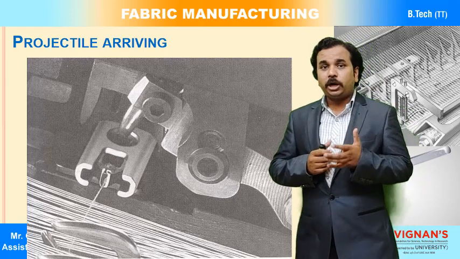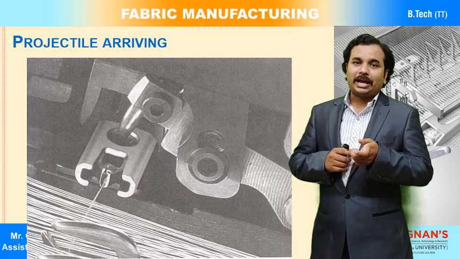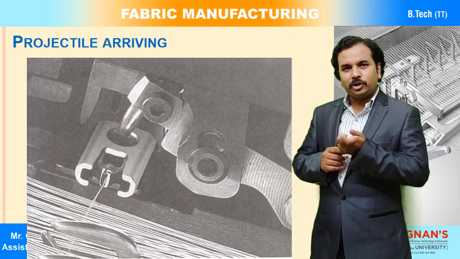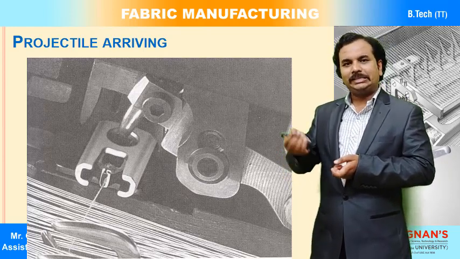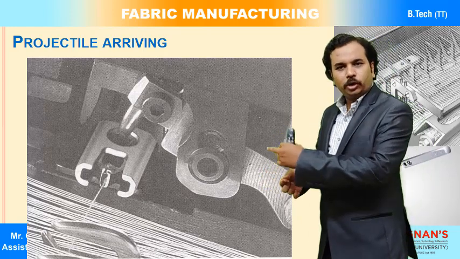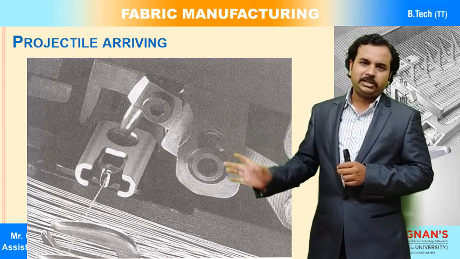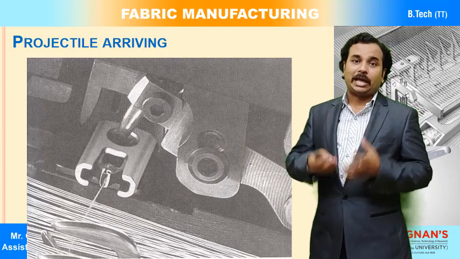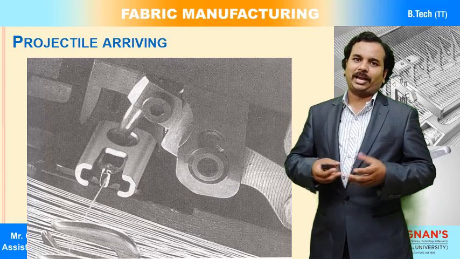Now when it is open, there is a holding point. There are holders at the edge of the selvage or at the edge of the machine. Weft thread holders are there. Once it is reached, the weft thread holder is going to hold the weft thread. After holding, it is going to be released. Otherwise, what will happen? If there is no holder and you have released the weft thread from the projectile grippers, the weft thread will not have sufficient tension, so it leads to slackness in the weft.